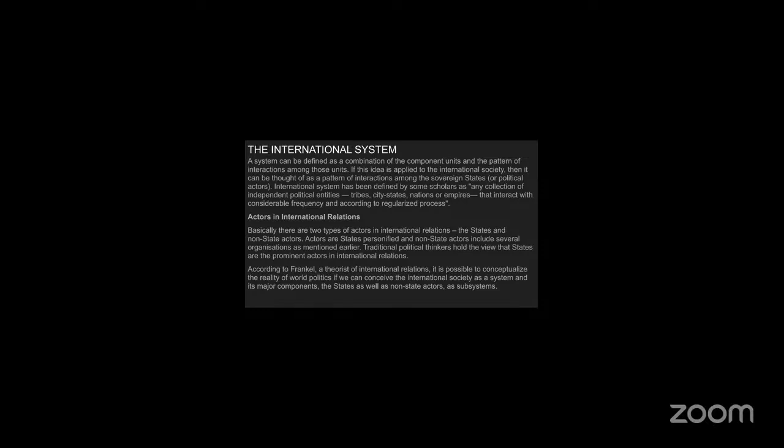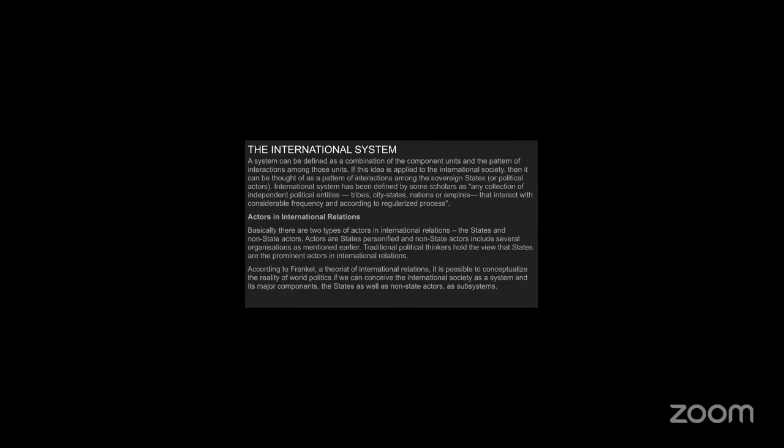And even in the present day, there are certain issues that were considered national or local that have become global attention. In the present day scenario, terrorism has become a global attention, and environmental pollution has become a global attention here. According to Frankel, who is a theorist of international relations,